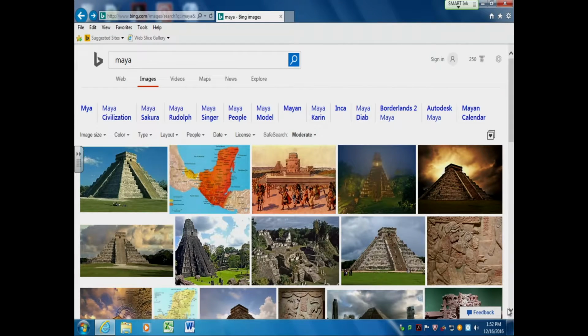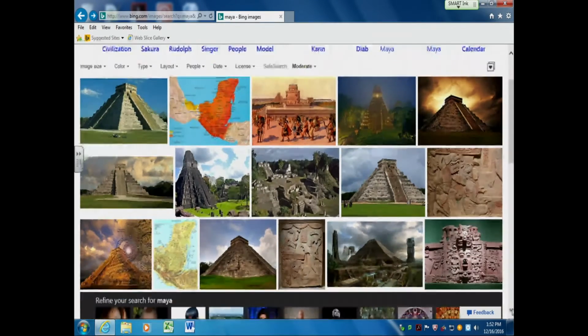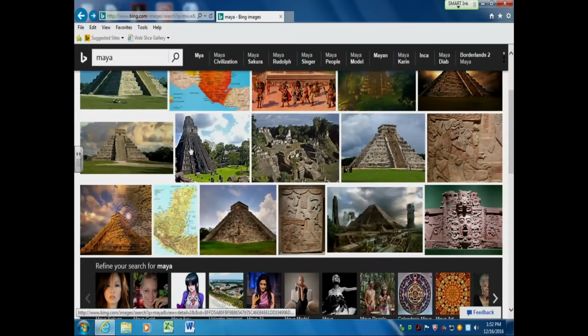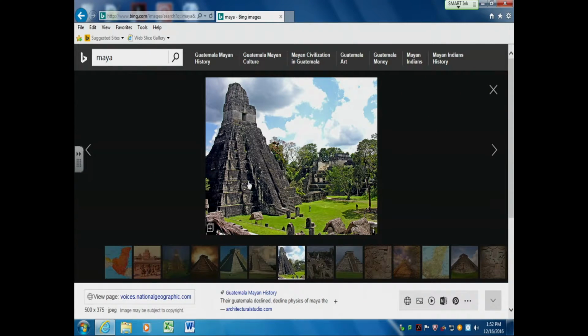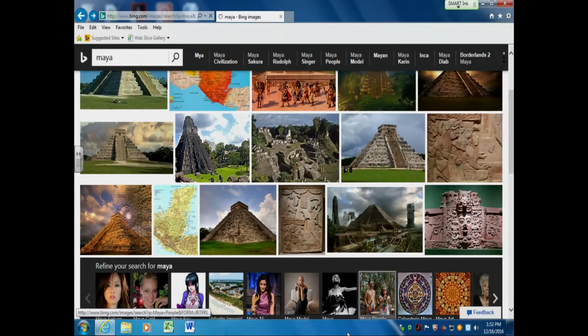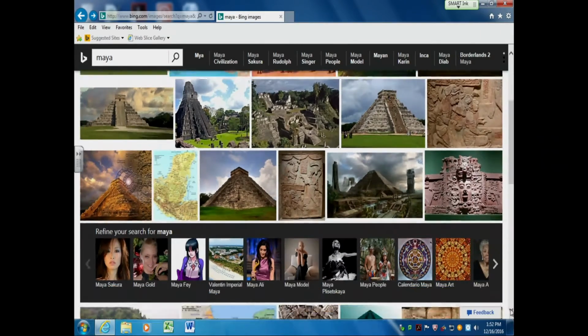I'm trying to look through here if there's any additional things I want to look at. This one's even steeper. I don't even know how you get up to the top of that. I guess these are the steps here, but man, that doesn't look like it would be any fun, drugged or not, getting to the top of that particular pyramid. Let me see.